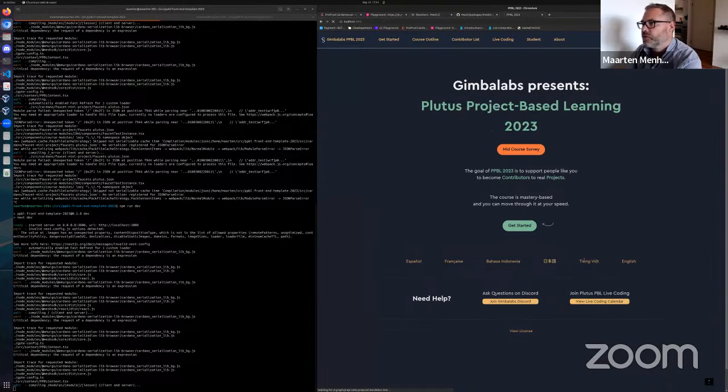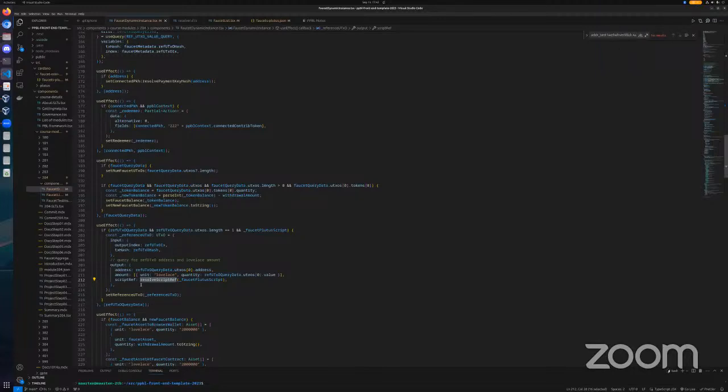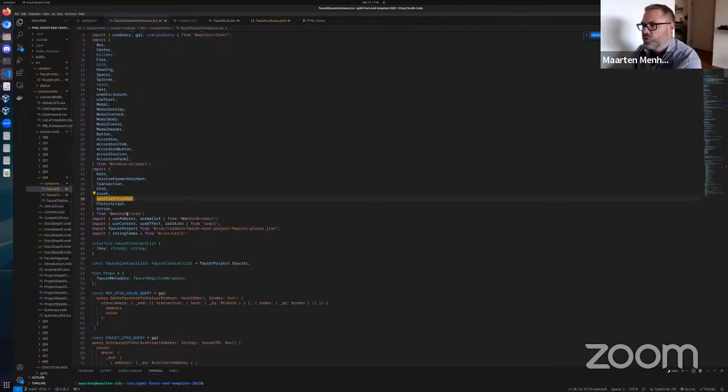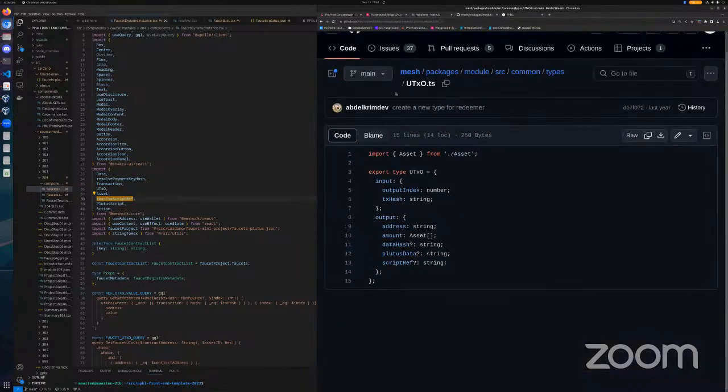So this function, resolve script ref, I can't find that. Where is that imported from? Can you just search the page for that? Where's the other instance? It's imported from core. So I can't find it in the mesh code base, but I was assuming that if we could find it,